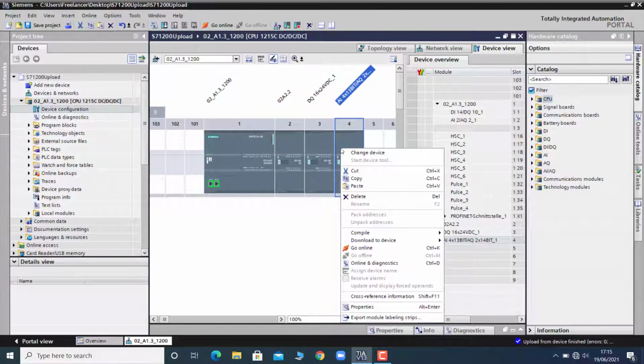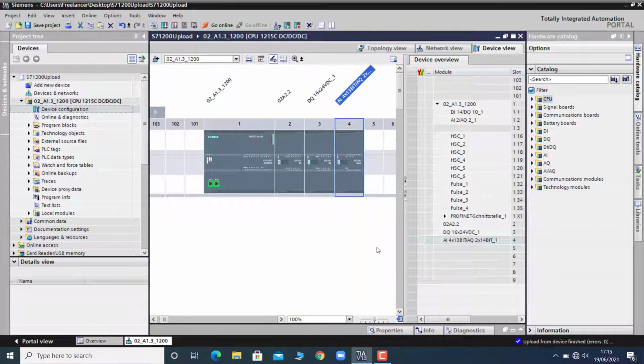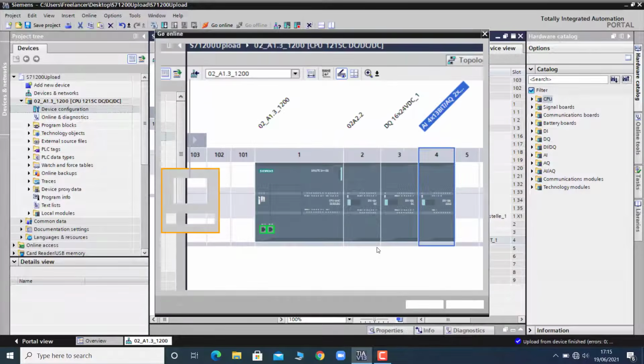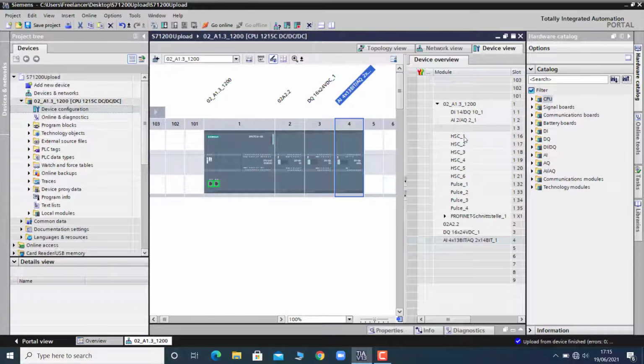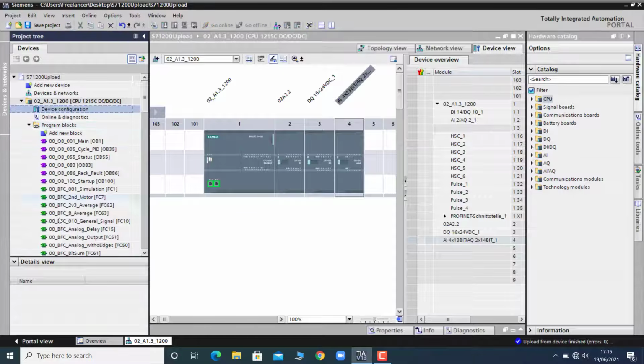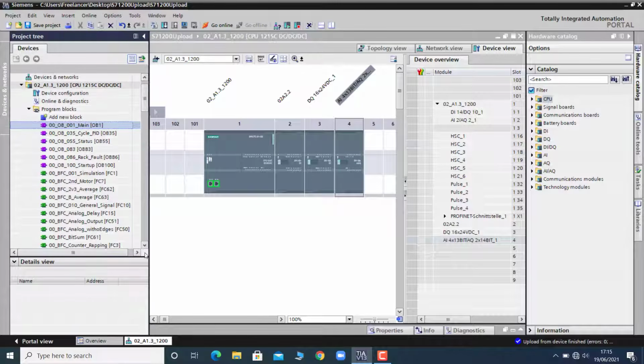You can go online here to observe and monitor the status of the various digital input channels and analog input signals that have been interfaced with your PLC. Here I choose not to go into every single digital input or analog input channel, but you can do it just like I go to the online. Additionally, I am fetching right now the